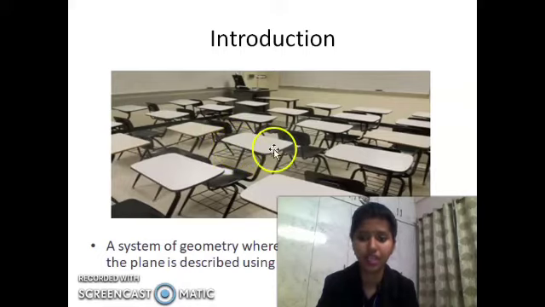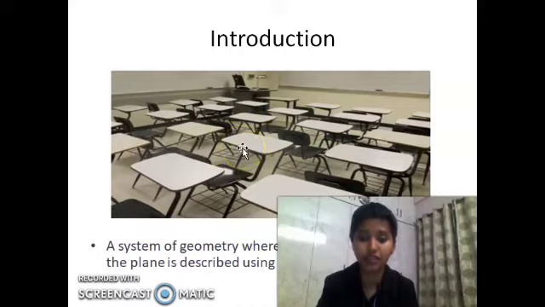Otherwise, I can say that my chair is situated in the second column. The first column and the second column, this chair is situated. But again, you can see in the second column we have other chairs along with it. So to find the exact position of this one, what can we do? Simply we can use both row as well as column. Look here: the chair is situated in the third row and the second column. So this is the exact position of this particular chair.